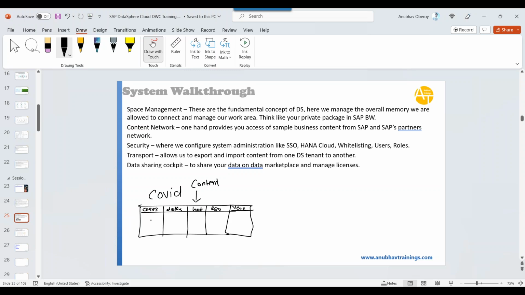Now this content have the data. So this is now inside this you have the data. So do not mix up these two things. This is your data and this is your content. The skeleton of COVID table